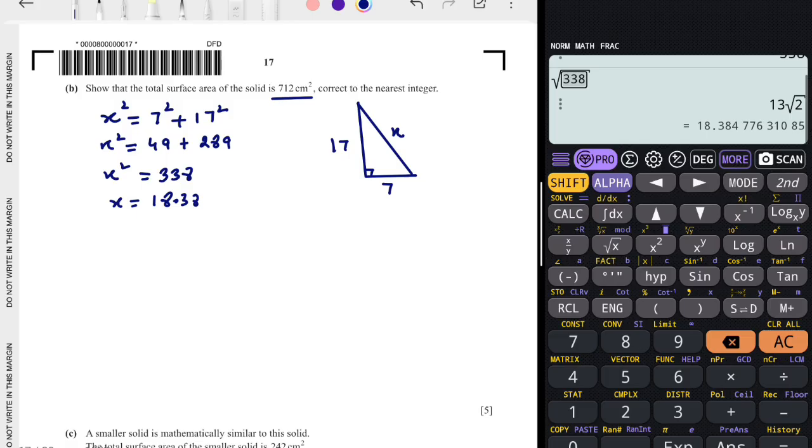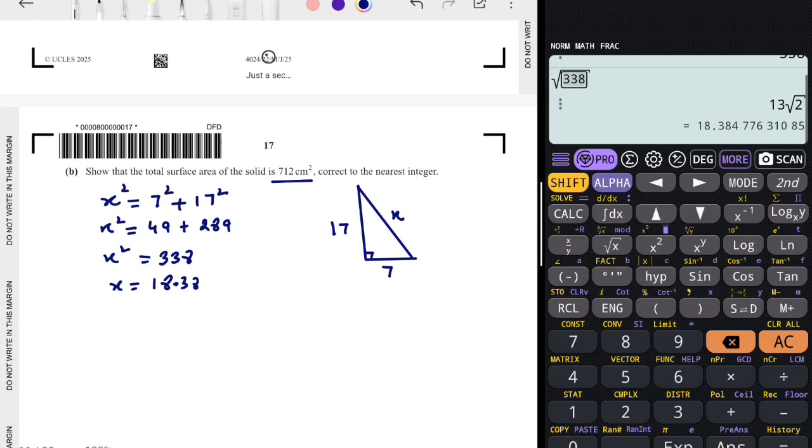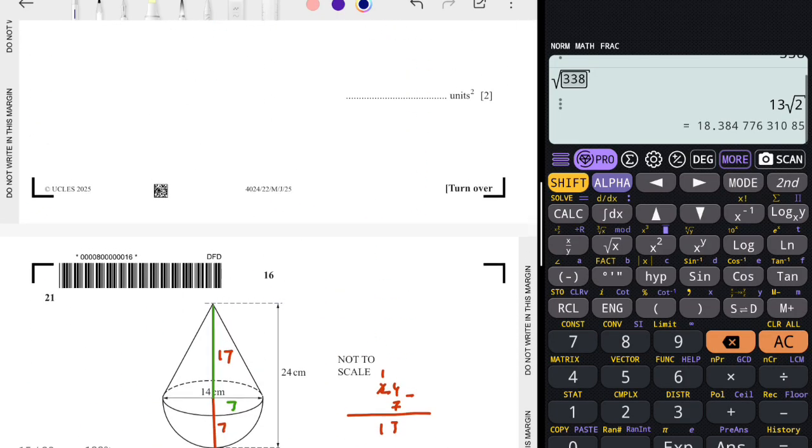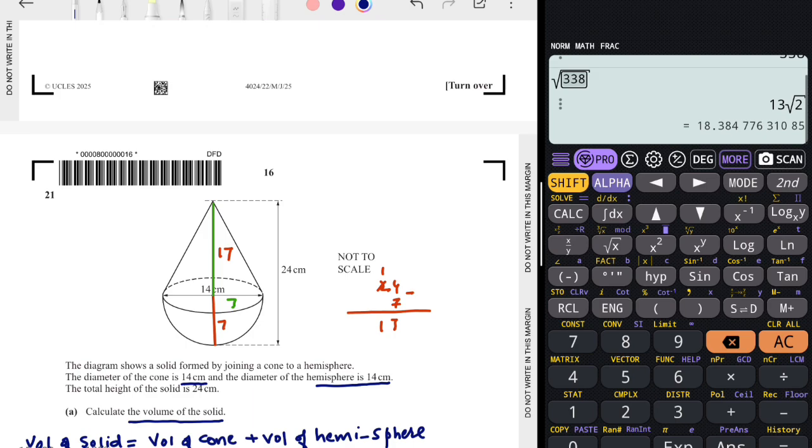Now we have to find our total surface area. Students, if you see, your shape has two parts. The upper part is a cone and the lower part is a hemisphere, and to find the total surface area we have to find the exposed area of the cone, that is the curved surface area. In other words, this is the curved surface area that is highlighted, the exposed one. So the curved surface area of the cone is equal to pi r l,